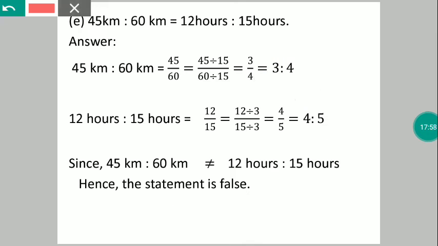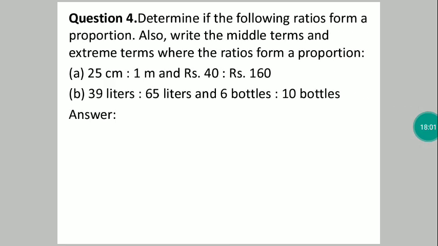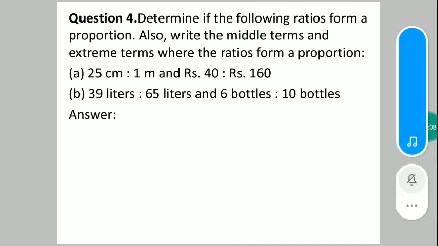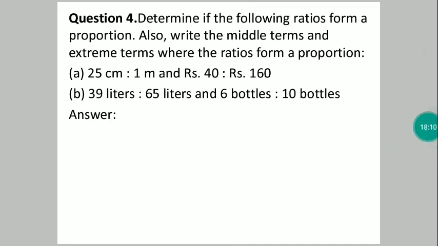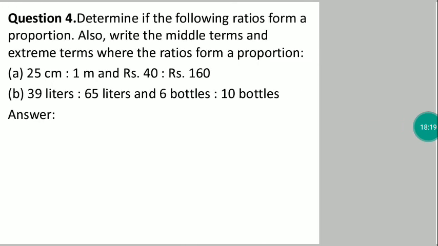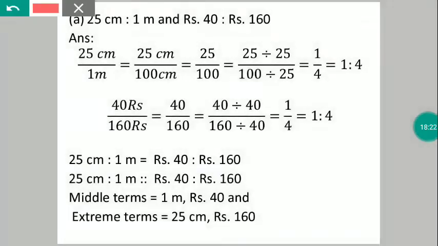Okay. Now question number 4. Determine if the following ratios form a proportion. Also write the middle terms and extreme terms where the ratios form a proportion. First, 25 centimeter is to 1 meter and rupees 40 is to rupees 160. Here, first we have to check whether these terms form a proportion or not. Proportion means we have to check whether the ratio of the first two quantities and the third and fourth quantities